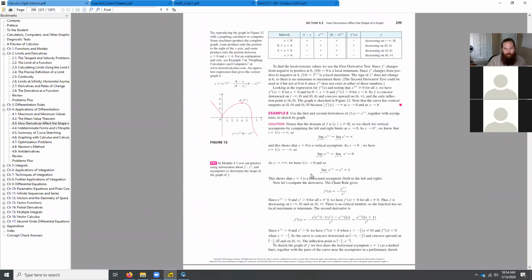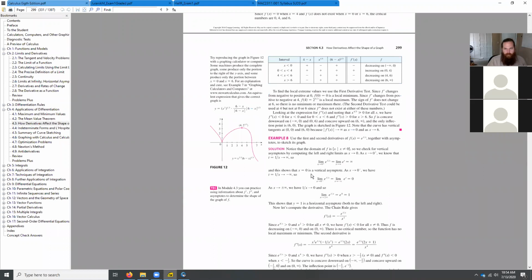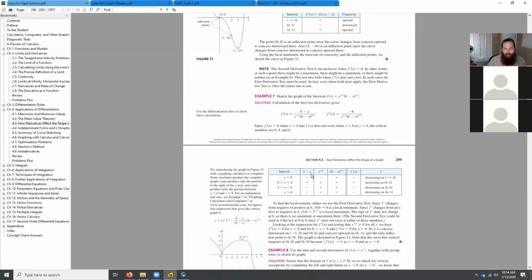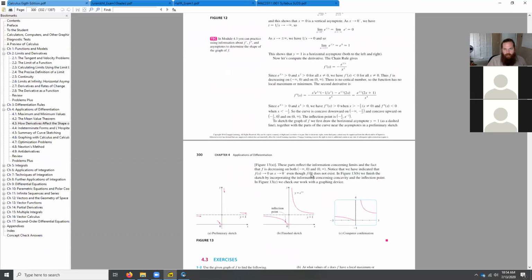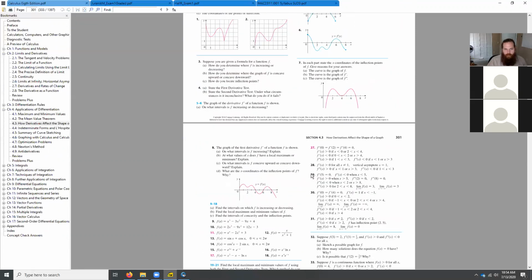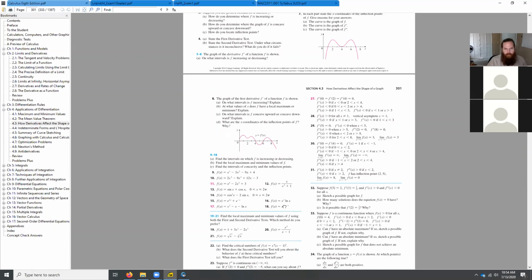Inflection points are cool. Where do I have a nice example? Let's look at, where's a nice exponential function? Okay, let's look at this guy: x to the 4 e to the negative x. So find